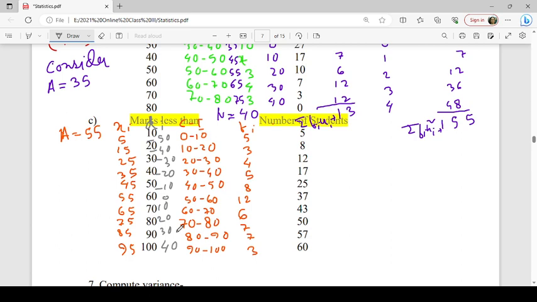Then ui, you can write here ui di by, so minus 50 by 10, it is minus 5. So minus 5, minus 4, minus 3, minus 2, minus 1, 0,